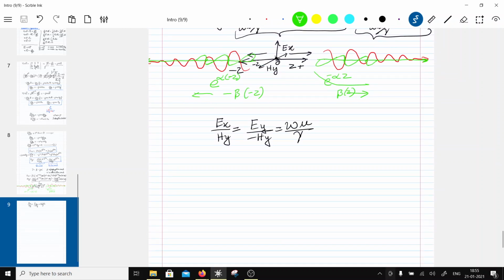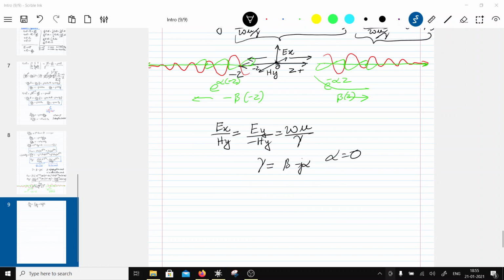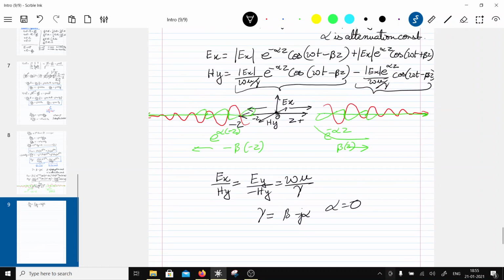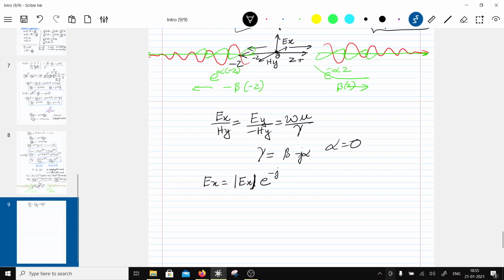Now let's look at the condition. The condition gamma is equal to beta minus j alpha, and let's say alpha equal to 0. So this is a lossless medium. In a lossless medium, alpha is going to be 0. So then if I look at the equation, Ex would be equal to magnitude of Ex e raised to minus j beta z plus magnitude of Ex e raised to j beta z, and then Hy is going to be equal to